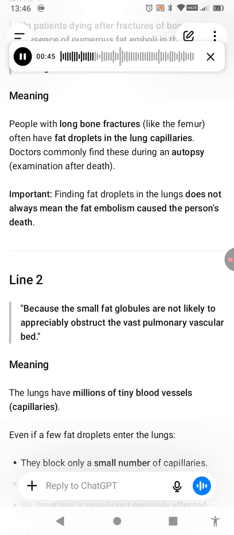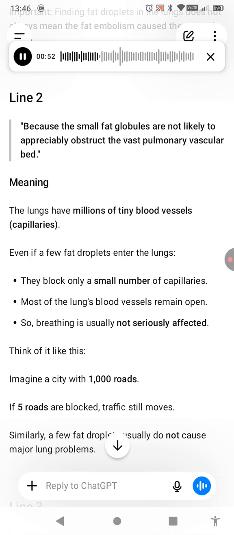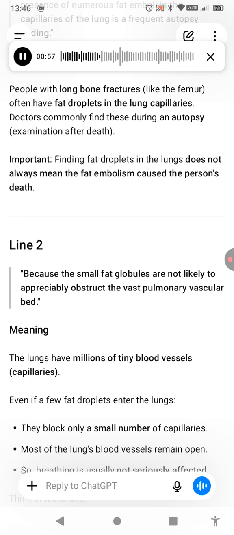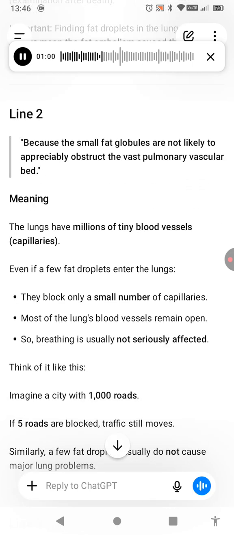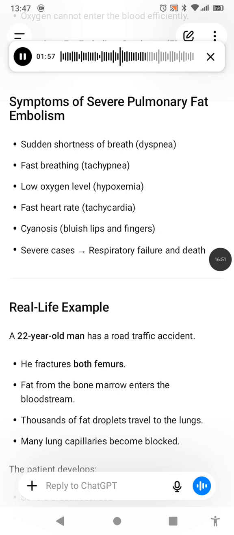Line 2, open quote, because the small fat globules are not likely to appreciably obstruct the vast pulmonary vascular bed, close quote. Meaning, the lungs have millions of tiny blood vessels, capillaries. Even if a few fat droplets enter the lungs, they block only a small number of capillaries. Most of the lungs' blood vessels remain open, so breathing is usually not seriously affected. Think of it like this. Imagine a city with 1,000 roads. Symptoms: apnea, low oxygen level, hypoxemia, fast heart rate, tachycardia, cyanosis, bluish lips and fingers,